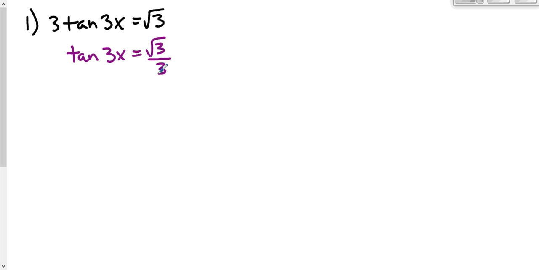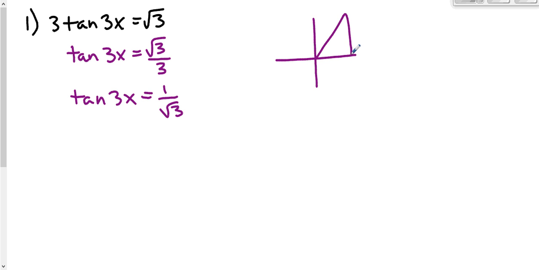Now it might help if we have this fraction unrationalized. So let's think of it as 1 over square root 3 instead of square root 3 over 3. And picture where tangent is positive. Tangent is positive in quadrant 1 and quadrant 3. So we would have 1 on the opposite and square root 3 on the adjacent. So we have a 30-degree reference angle. So we know we're looking at,